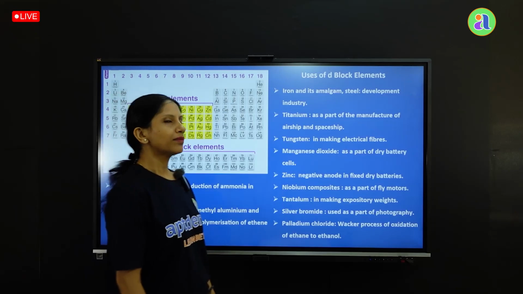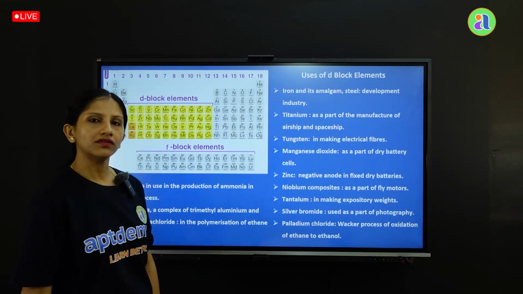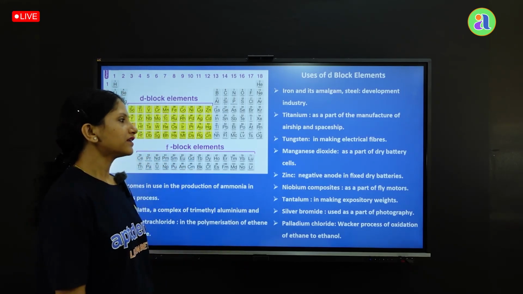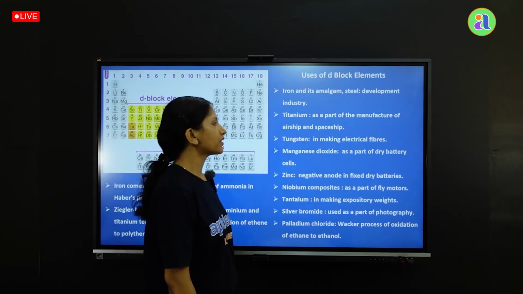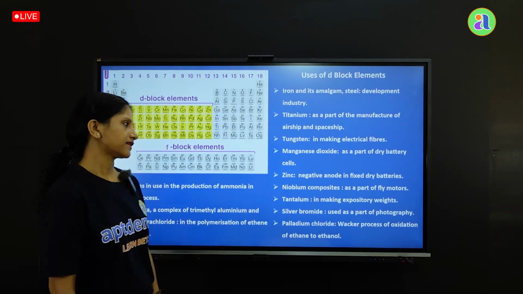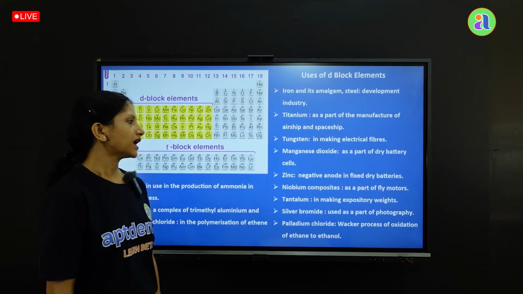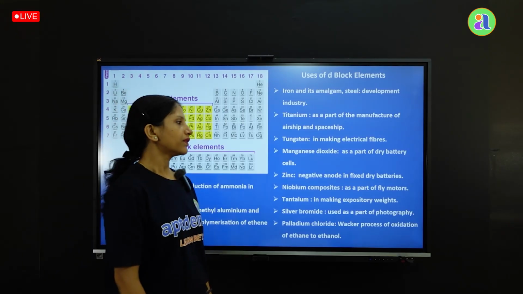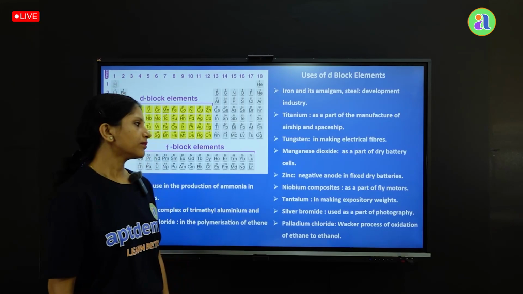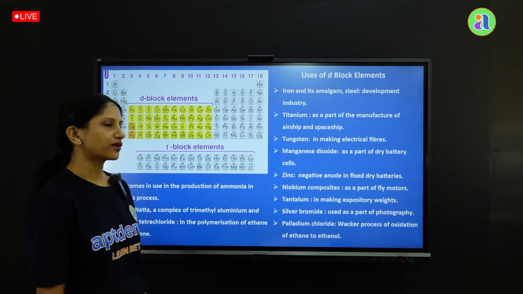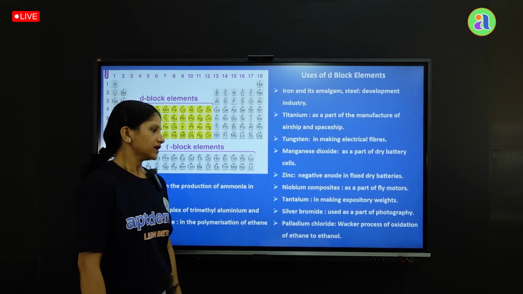Tungsten wires can be used in making electrical filaments, whereas manganese dioxide can be used as a part of dry battery cells. Zinc can be used as a negative anode in dry batteries. Niobium compounds can be used as a part of jet motors. Tantalum